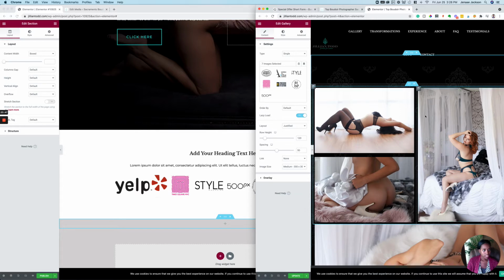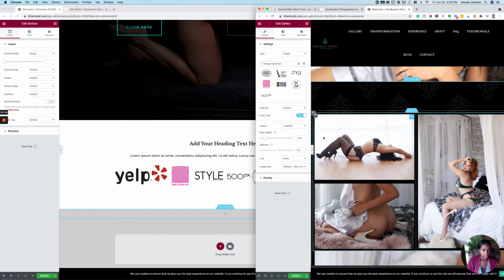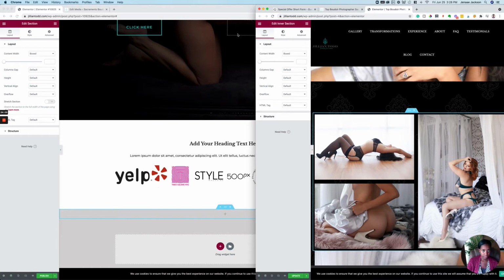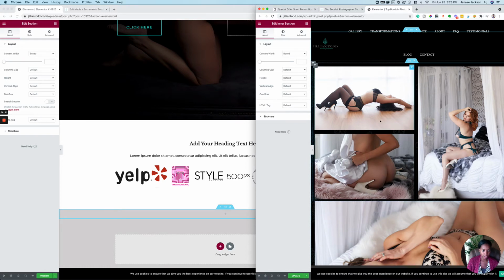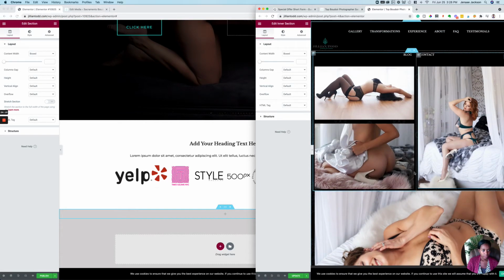And as you can see, it's an intersection. So you can see here we have this section, and then within the section, within this column, we have an intersection. You can see right here. And then within the intersection, there are 2 columns. And then the 2 columns have 2 horizontal images and 1 vertical one. And then right below it,